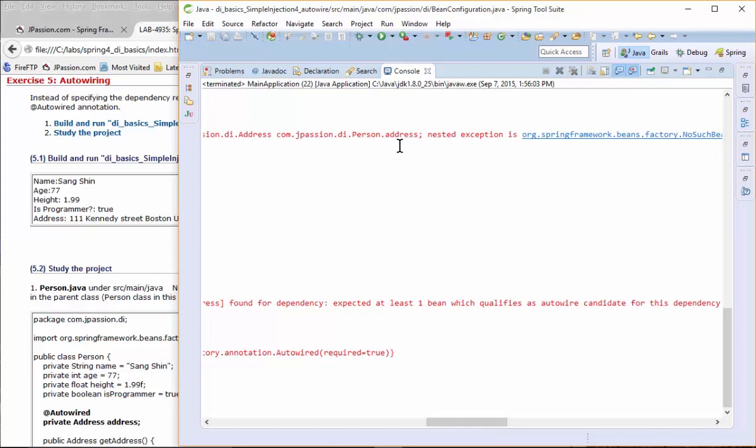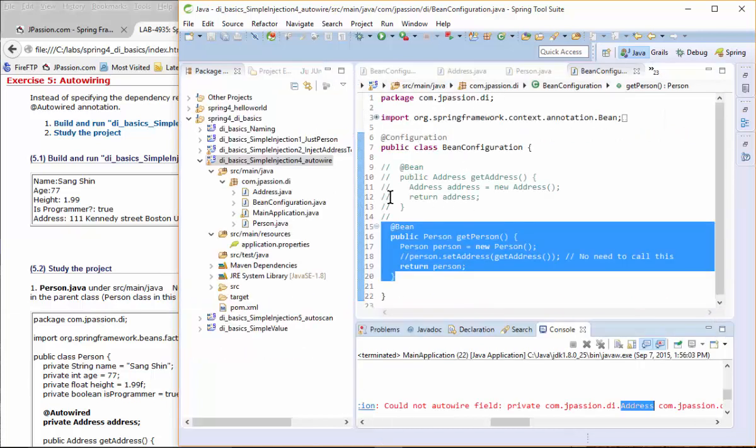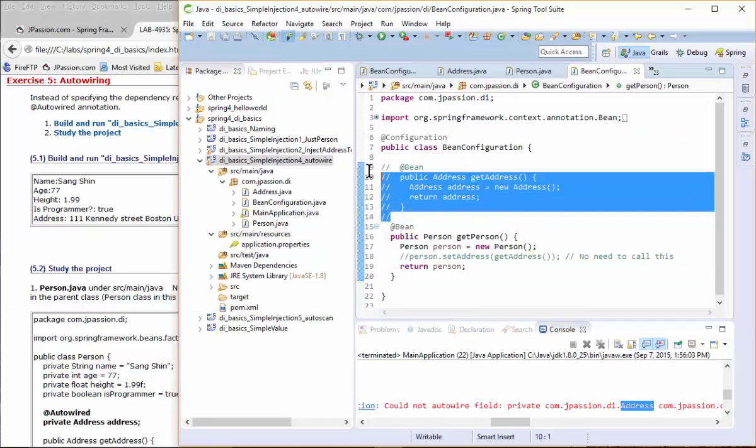So it doesn't find this address: could not auto-wire field of address. We are trying to auto-wire this address field, but there is no address class configured, meaning there is no instance of the address object. So that's the reason it complains and could not do that. Okay, so now if you declare this bean, then it should be able to